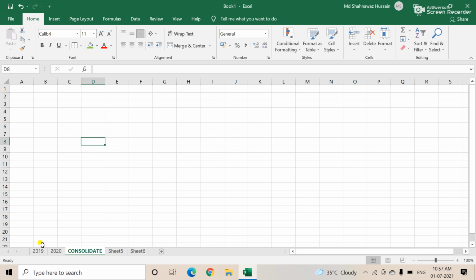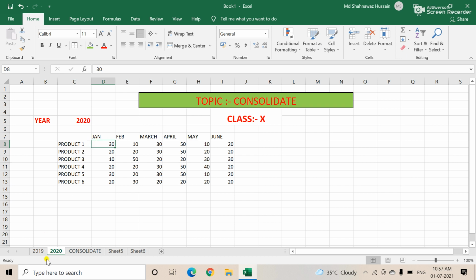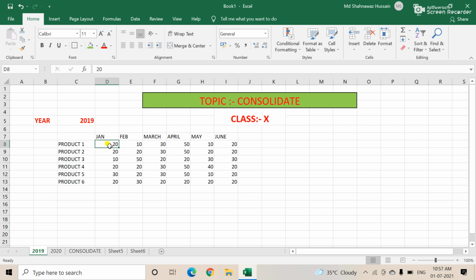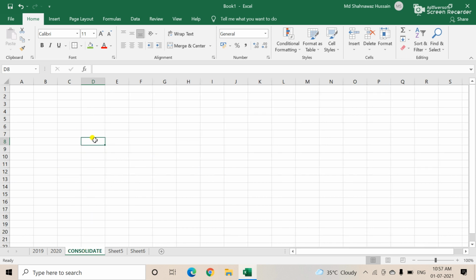I want to add the month of January product 1, 20, and January of 2020 product 1, which is 30. That means 20 and 30 make 50. So let's start the consolidated data.